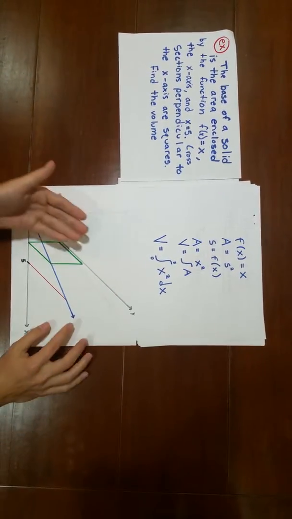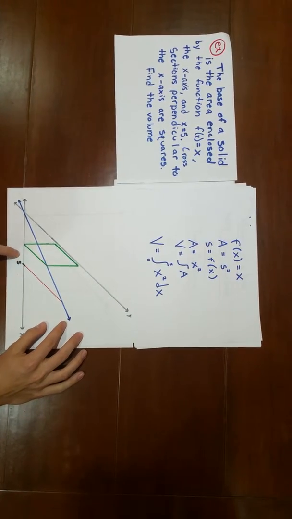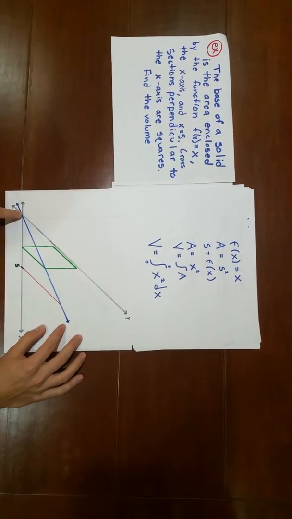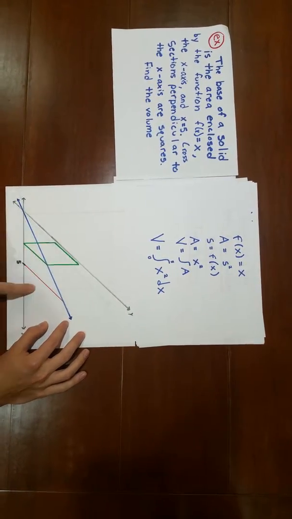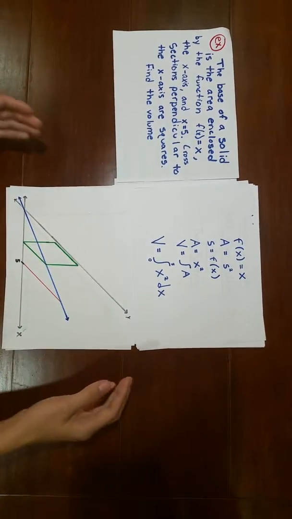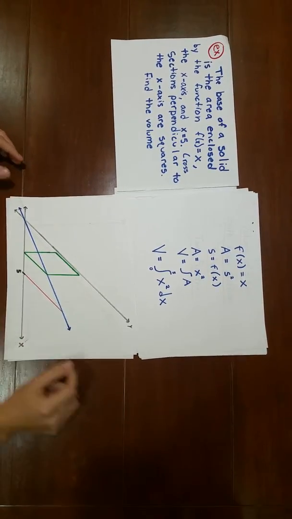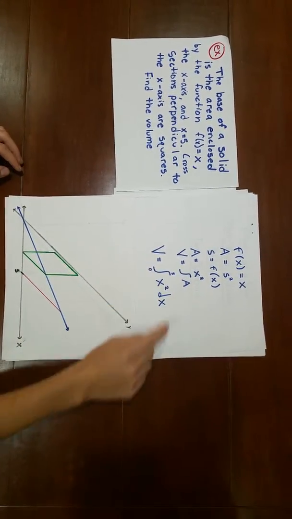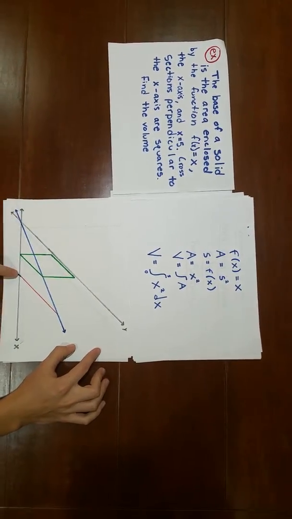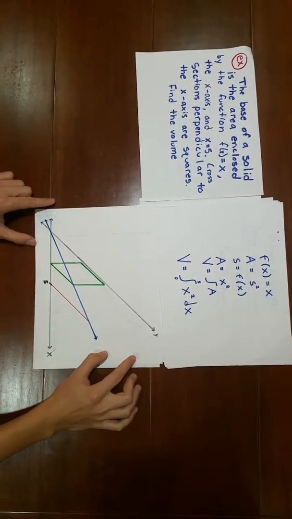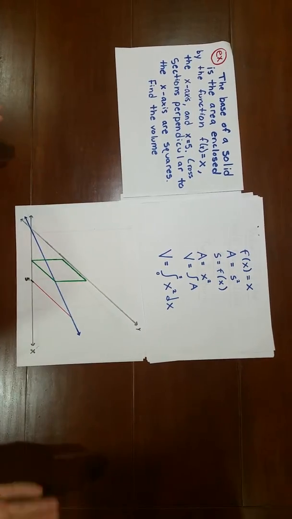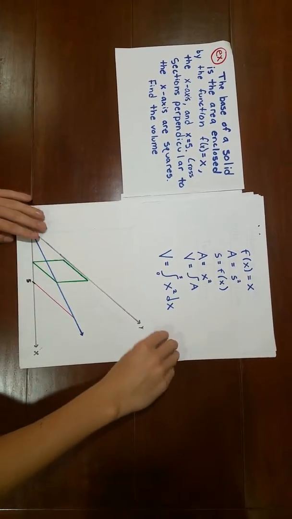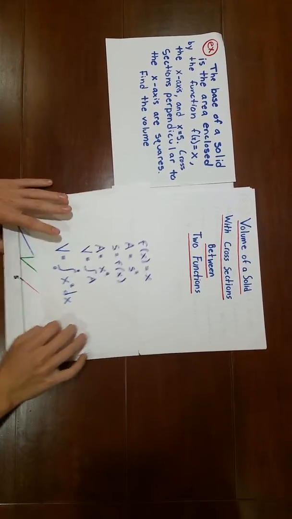And if we wanted to find the volume of the whole solid, we would take the integral between the bounds of every square. So in context of this problem, we can represent that as the volume of the solid is the integral from 0 to 5, those are the bounds, of x squared. So that's just the area of every square. So that's quite simple,